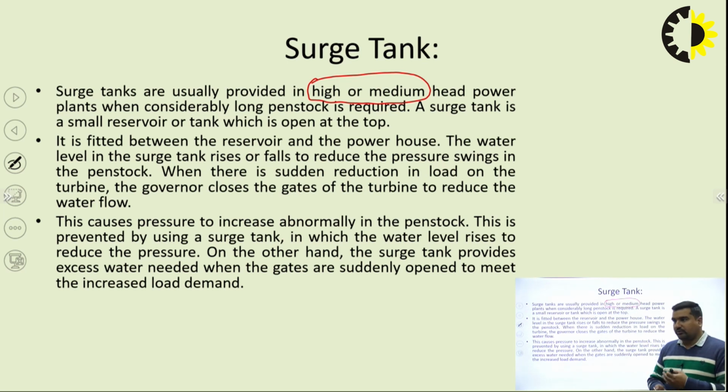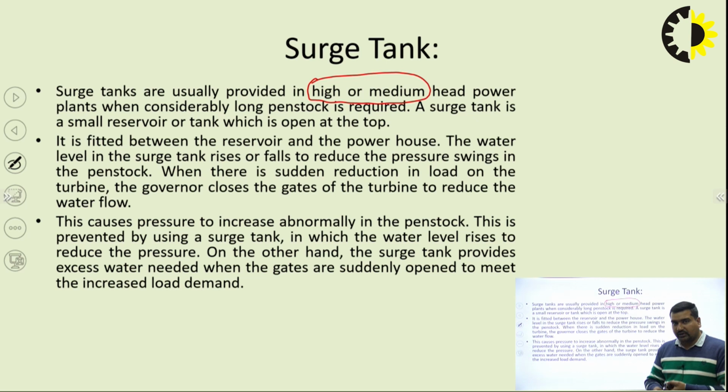So suppose we have to reduce the output while a continuous supply is there, then we close the valve at the turbine, and at that same instant water hammer occurs in the penstock. It can break the penstock. The advantage of this surge tank is to carry the extra water in the pipe at this time,